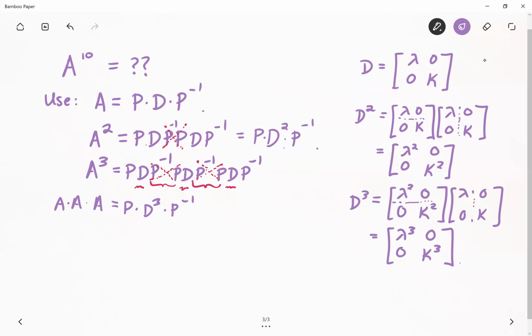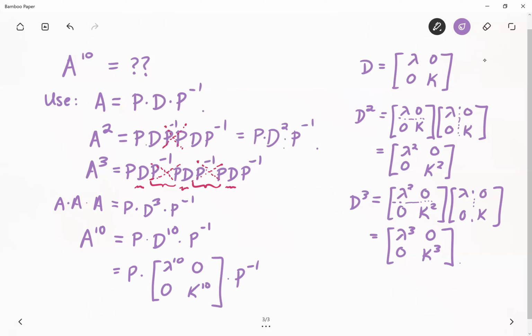And you might notice the pattern here. If you were to calculate something like A to the 10th, I'm not actually going to write this out 10 times, even though it would be fun to cancel all of those factors out. For similar reasons, this is going to be P times D to the 10th times P inverse. And D to the 10th, as you may have guessed from following this pattern on calculating powers of the matrix D, is going to be P times lambda to the 10th, 0, 0, kappa to the 10th, times